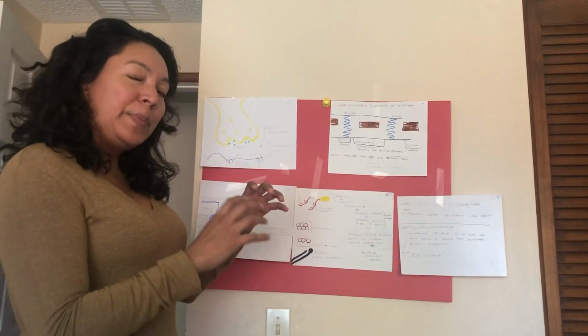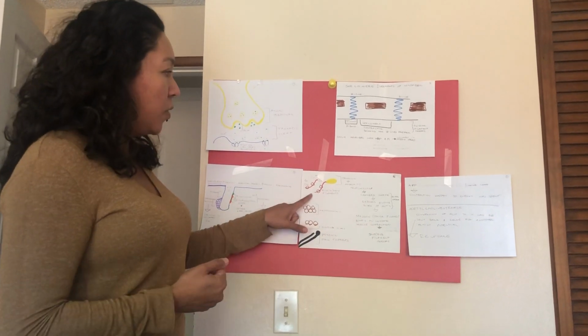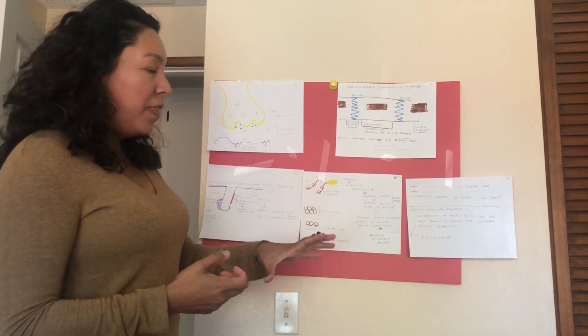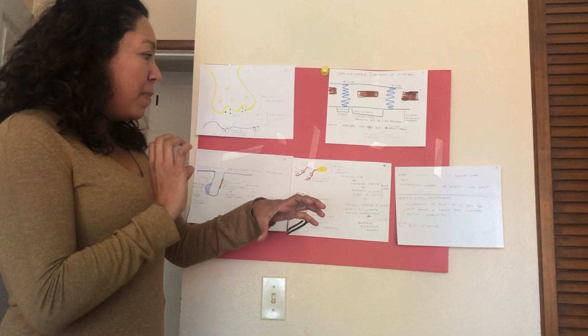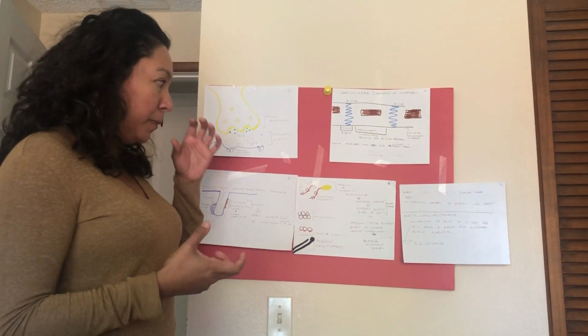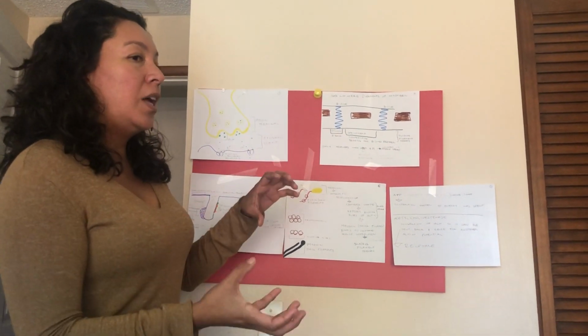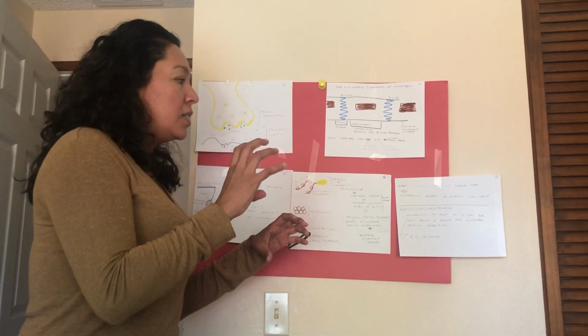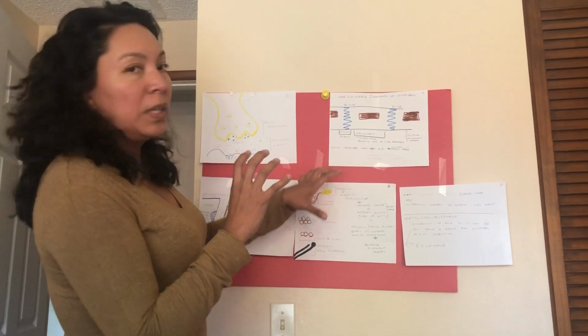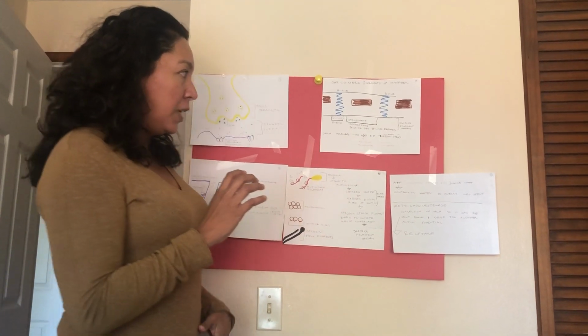And when this happens, it exposes the binding sites of the actin, or the thin filaments. And when that happens, the myosin, which is the thick filament inside the sarcomere, those heads that shift allows for the myosin heads, which are really contained with molecules of ADP and phosphate,